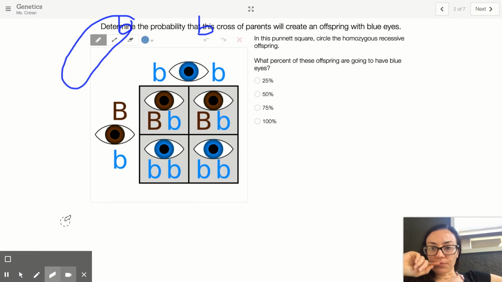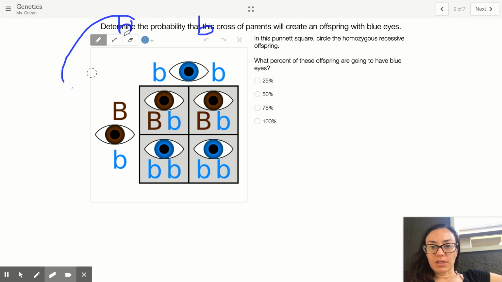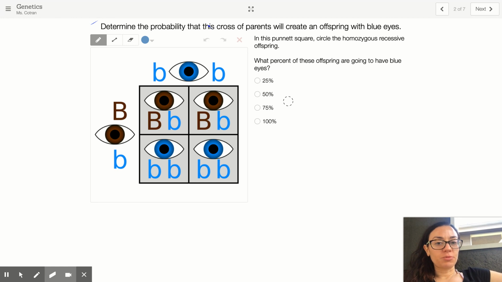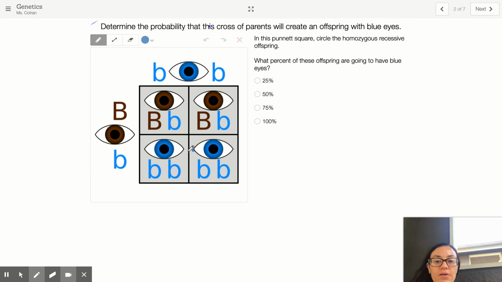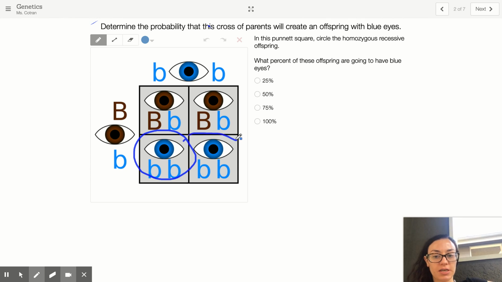So, in the next one, it says determine the probability that the cross of the parents will create an offspring with blue eyes. Okay, so blue eyes, we know, is recessive, little b, lowercase. And how many of these squares have blue eyes? So I talked about this yesterday. So this child has blue eyes. This child has blue eyes. So remember how I said that's 2 out of 4. Well,